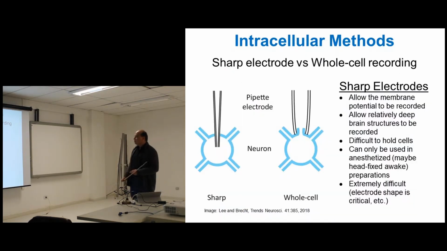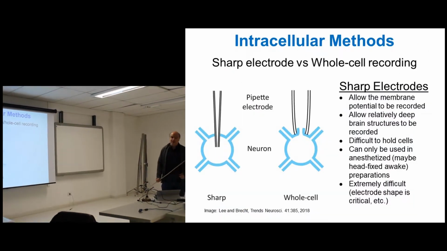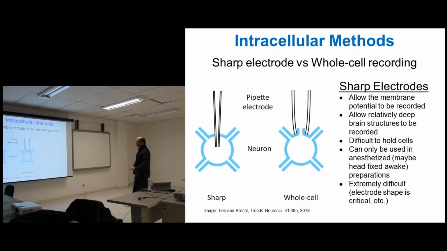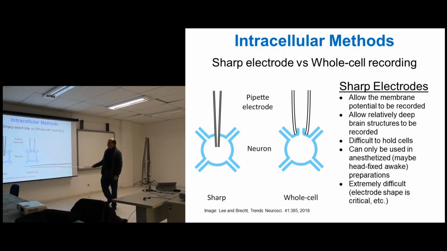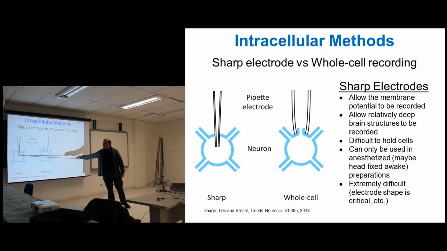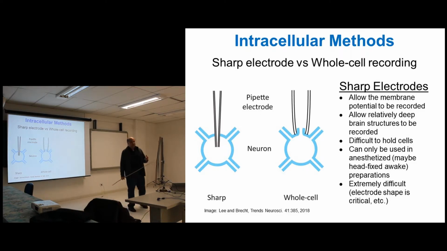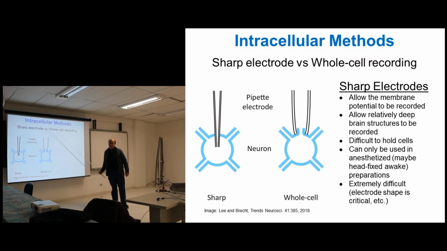Okay, so intracellular methods. There are two main kinds of intracellular methods. They really depend mostly on the kind of electrode that's used. These both use glass electrodes. One of them uses what are called sharp electrodes. Sharp means that the tip is about 1 micron in diameter, and these glass electrodes are filled with a saline solution that matches what's inside the cell. And the way this works is that these penetrate the neuron because they're sharp, as you might imagine,